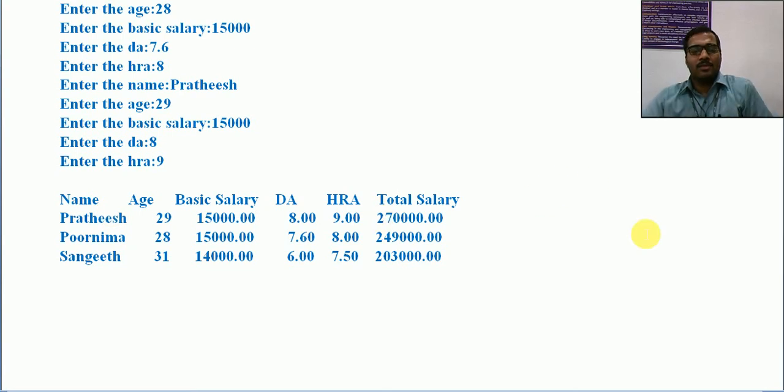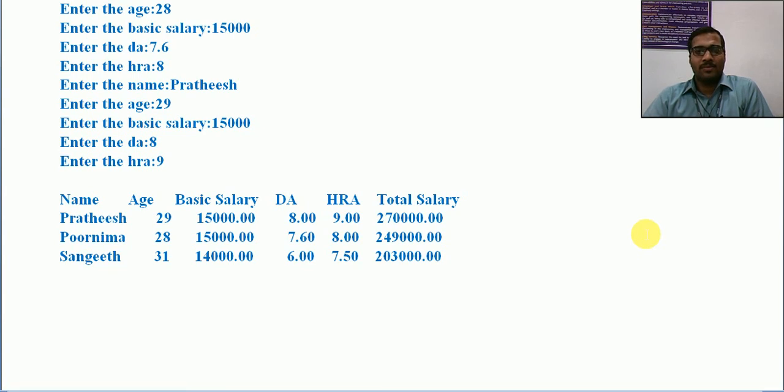So the three main situations. First thing is structure: the usage of structure, purpose of structure, difference between array and structure, how to create a structure, how to declare a structure variable, how to access members of a structure, then how to read and print using a single structure variable, how to read and print with multiple structure variables, then how to use an array of structures when we have more records available.